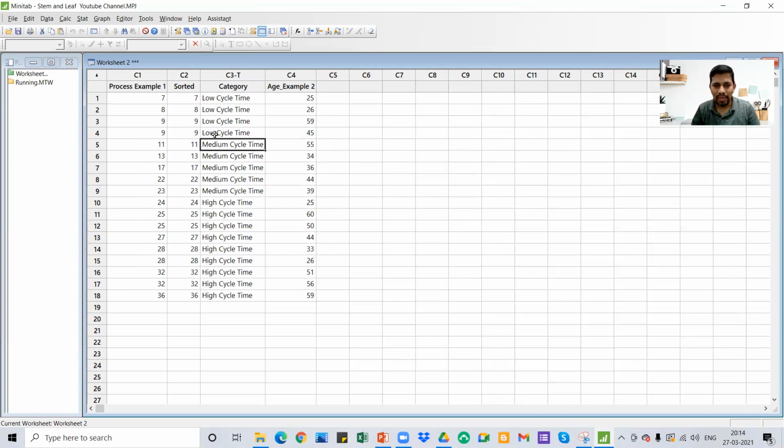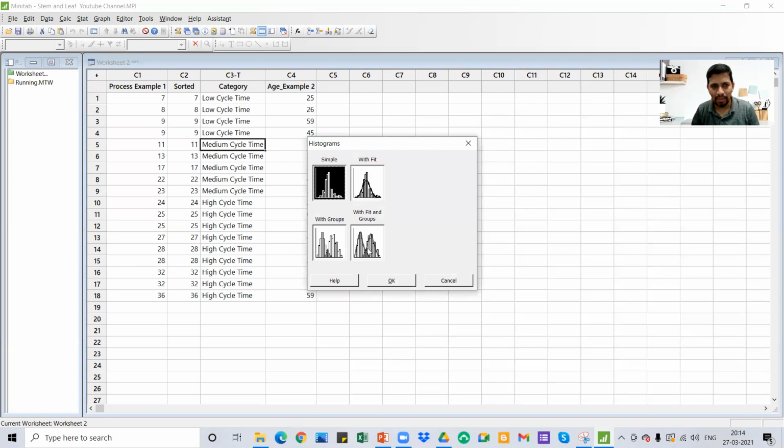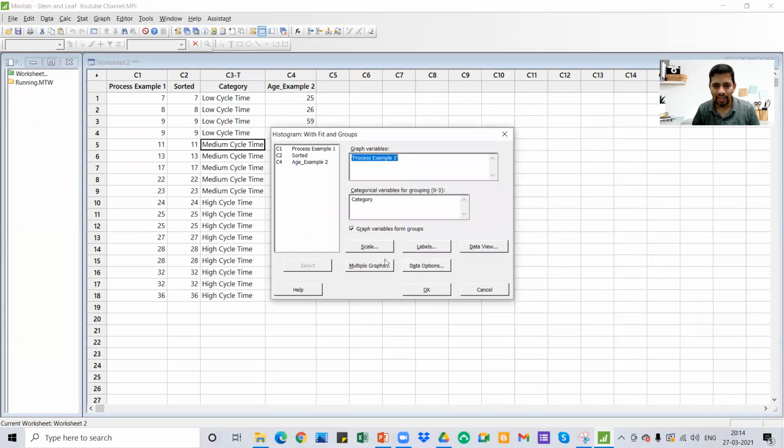Okay. So let me just do that in the visual form as well. What is meant by visual form? Let me pick histogram, right? In histogram, again, I'm going to give F3 so that all the values will go off. I'm going to give sorted, or both columns are the same. Sorted is the same, and process example 1 is also the same.